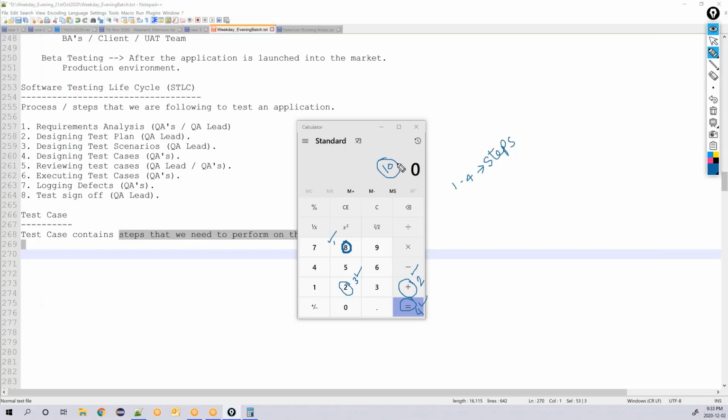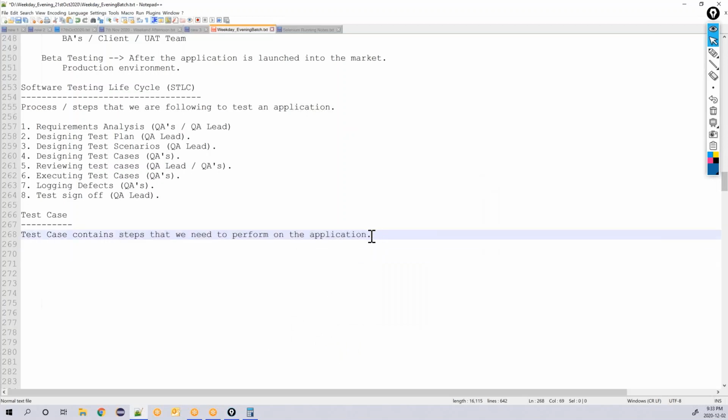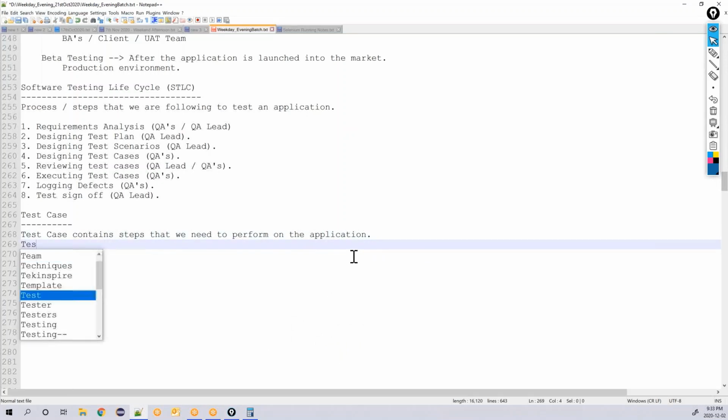Now, verifying whether 10 is displayed here, that is called expected result. So whenever you are writing a test case, now in your test case, you will have test case has steps.